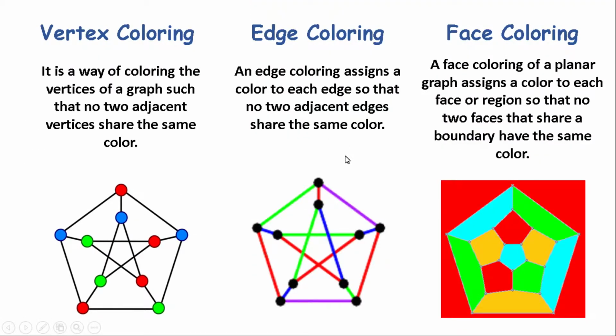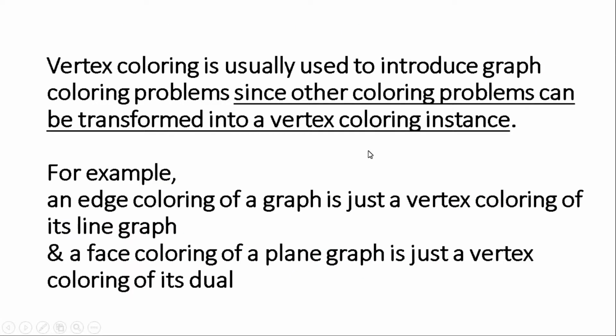As remarked earlier, we have three types of coloring: vertex coloring, edge coloring, and face coloring. In vertex coloring, we color the vertices of the graph in such a way that no two adjacent vertices have the same color. For edge coloring, we color the edges of a graph in such a way that no two edges that share a common vertex have the same color, and similarly with face coloring, the two faces which share a common edge don't have the same color. You can go through the definitions as well. So this is our main topic.